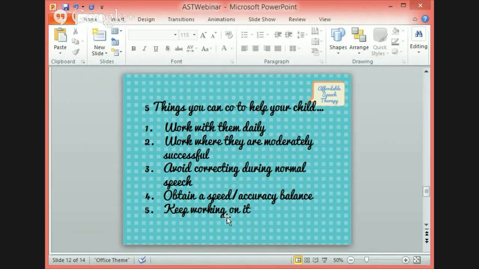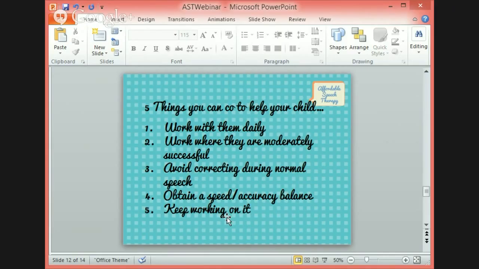Yes. So now we're just going to go to 5 things that you can do to help your child. And Marcus, if you just want to go over, you can see the slide there. This is all stuff that Marcus has taught me, and he's got an 18 best tips document that is really, really cool. But I'll have to say these are my favorite, and out of the 18, those 5 were the ones that really made a difference for us. So if you want to just go over them.